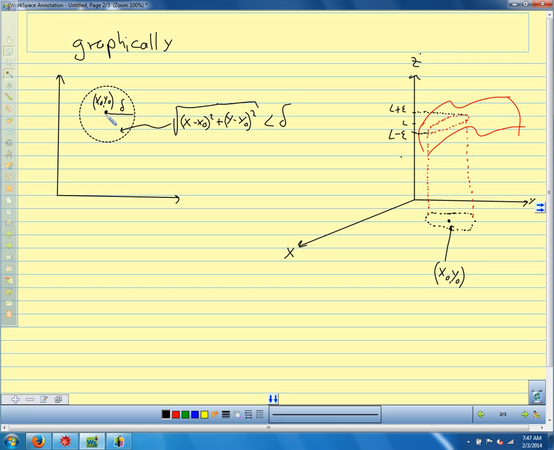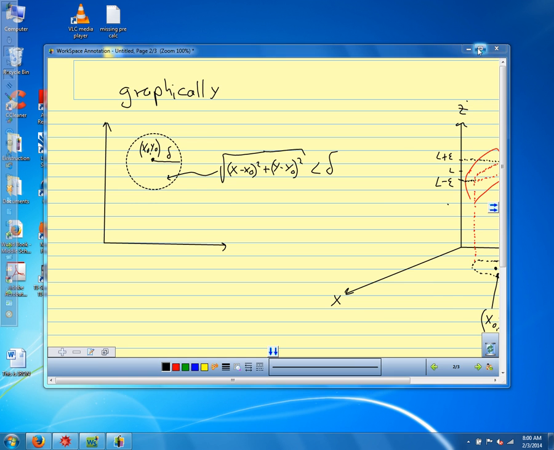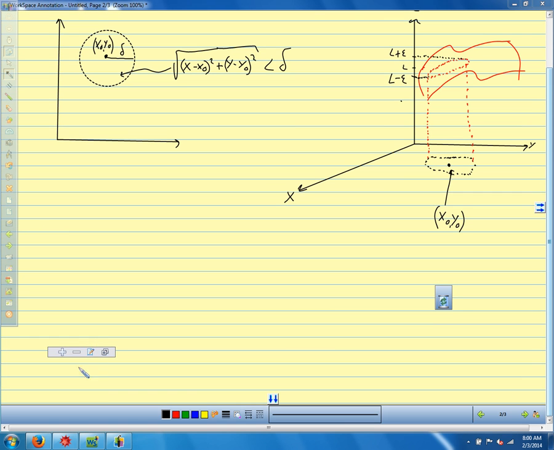Now all of our rules for limits that came from single variable functions, so limit of sums, limit of products, limit of quotients, multiplication by a constant, all those rules are exactly the same for multivariable functions. If we're adding two multivariable functions, their limits add. If we're multiplying two multivariable functions, their limits multiply, as long as our limits exist. So a couple of important things that come out of that idea are that limits of polynomial and rational functions